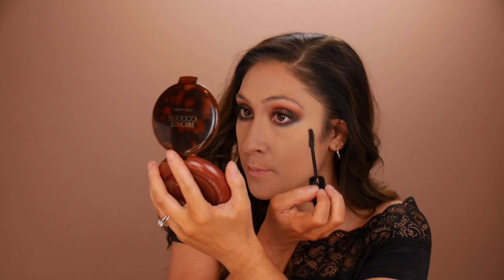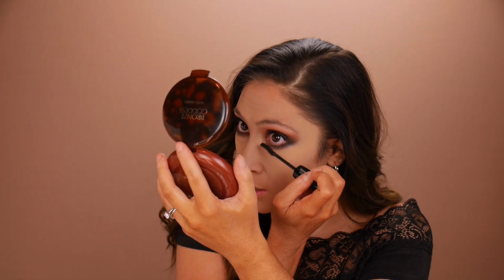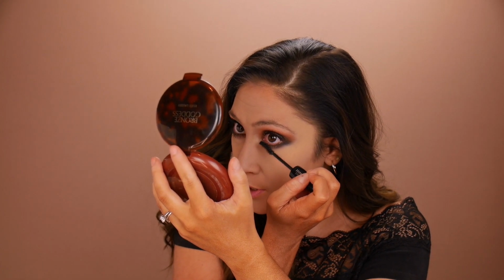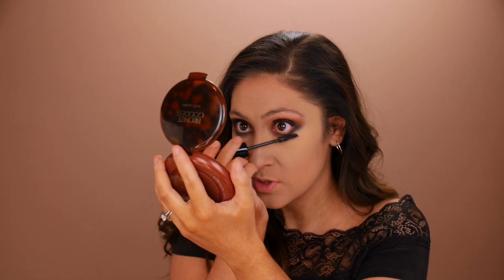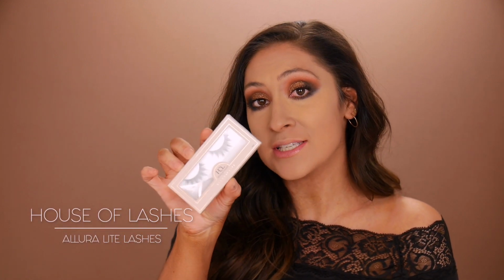Next, I'm just going over my bottom lashes, covering up that primer. I'm giving them a nice dose of mascara so that they can really balance with the top. I just realized I skipped liner. So I guess we're skipping liner for today, and we're just going to focus on this dramatic eye look and throw some lashes on. For my lashes today, I'm going to use these ALLURA light lashes, and these are by House of Lashes. And I'm just going to go in with my tried and true favorite, the Duo Dark Tone